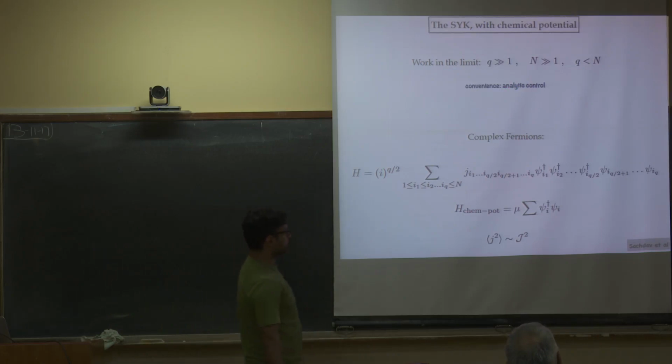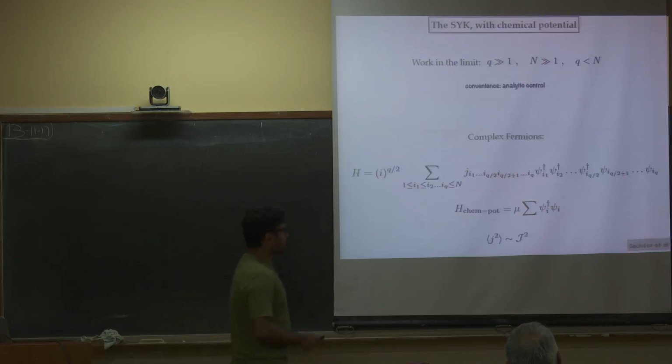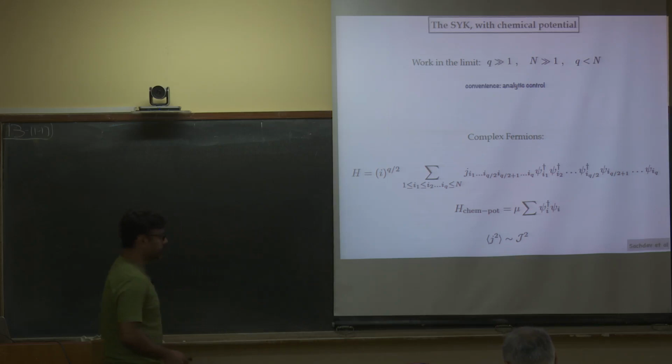That's the basic structure. Now what you can do, if you want to have charges, there are many ways to do it, but one way is to just consider complex fermions instead of Majorana fermions. So here, these were all real. Now I can take this Hamiltonian and generalize it for complex fermions. And you can write down an interaction Hamiltonian like this, where, as you can see now, psi daggers and psi are different objects. So therefore, I have a Hamiltonian of this sort.